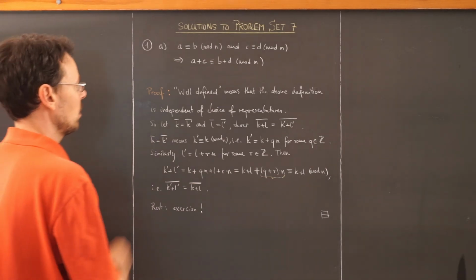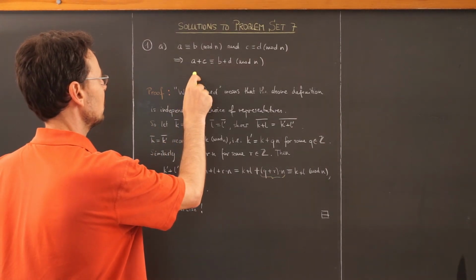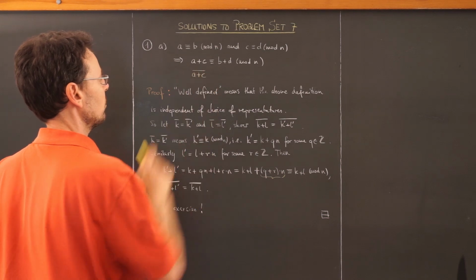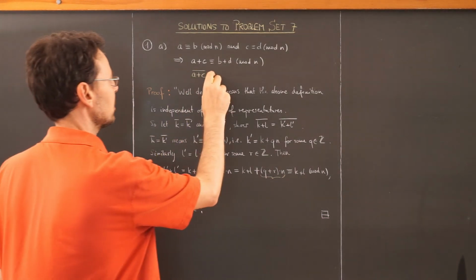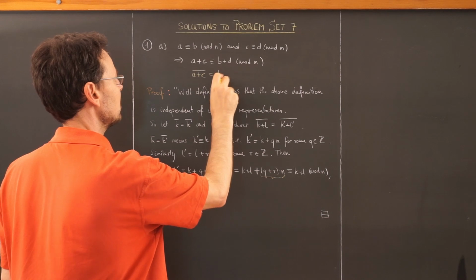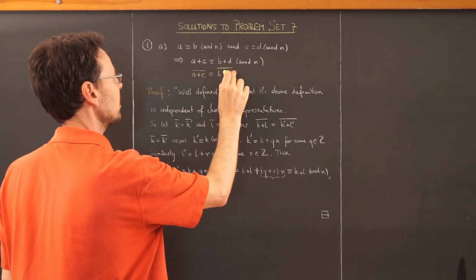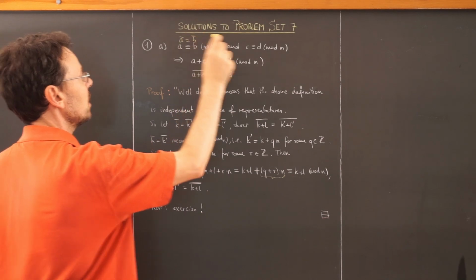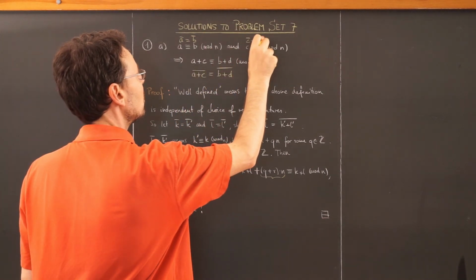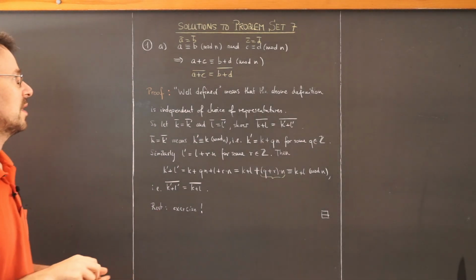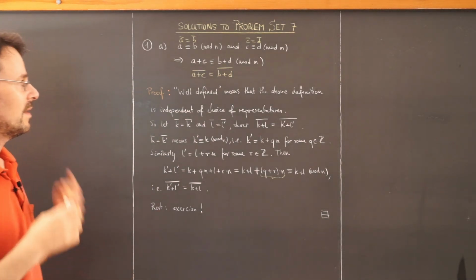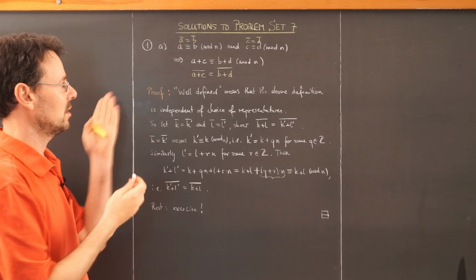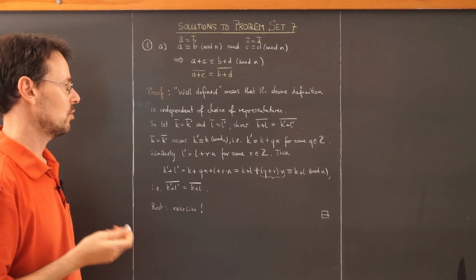But in our new notation, this simply means the residue class of a plus c is the same as the residue class of b plus d if the residue classes of a and b and c and d were the same to begin with. And this is exactly what we did in the proof of proposition 8